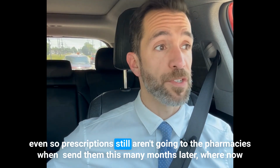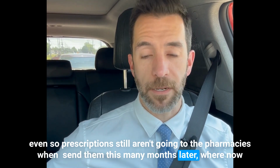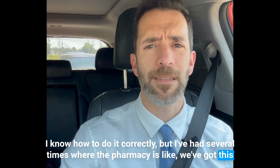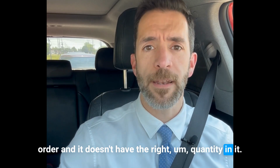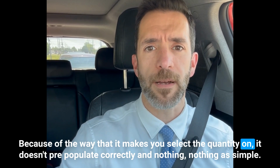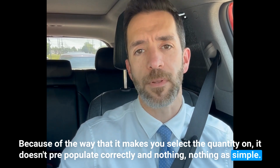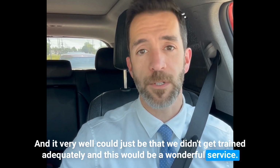Even so, prescriptions still aren't going to the pharmacies when I send them this many months later. Now I know how to do it correctly, but I've had several times where the pharmacy's like, we got this order and it doesn't have the right quantity in it, because of the way that it makes you select the quantity, it doesn't pre-populate correctly, and nothing is simple. And it very well could just be that we didn't get trained adequately, and this would be a wonderful service, but